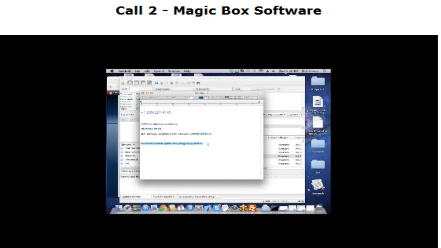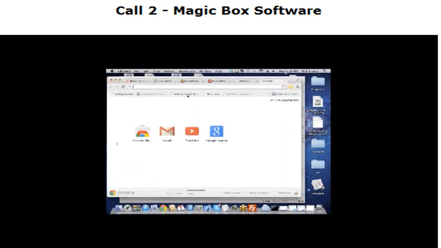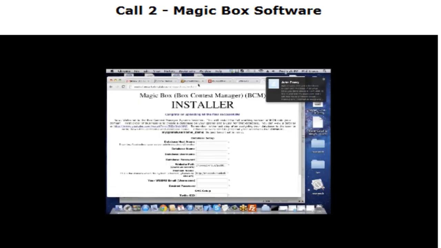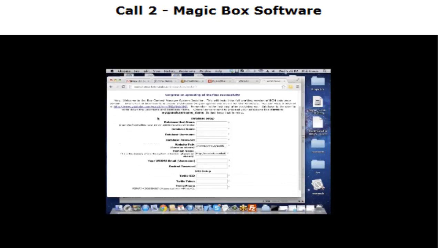So the next thing we'll do is we'll copy that and we'll go into Chrome, because Ken won't talk to you if you use anything besides Chrome, and then we'll click on paste and go, and that pops in your installer. Now in here we're going to add in some of the stuff that we copied into the notepad,